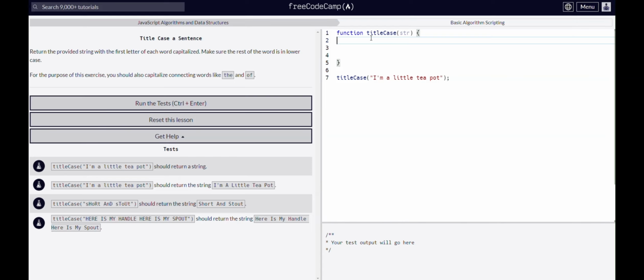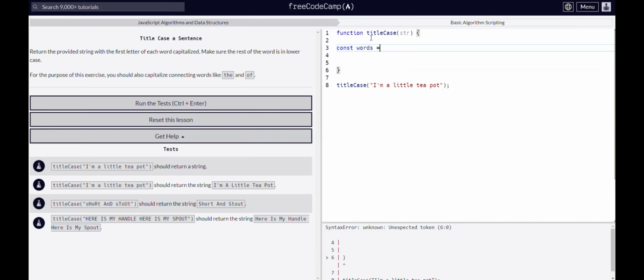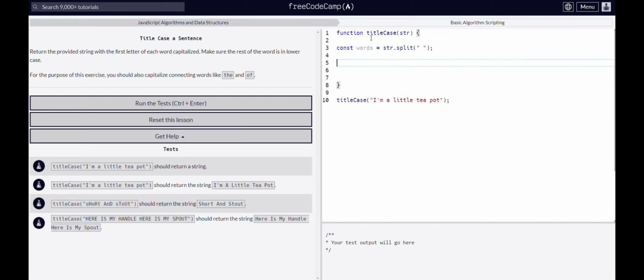take the string and put it into an array, and the array needs to be the array of words. Okay. So to do that, we create a variable, and I'm going to say string.split. And the reason why we store it into a variable is because we're going to access that variable. Now, when I say const first letter